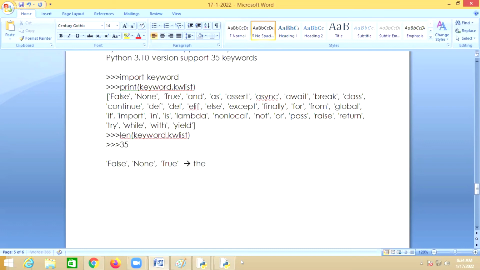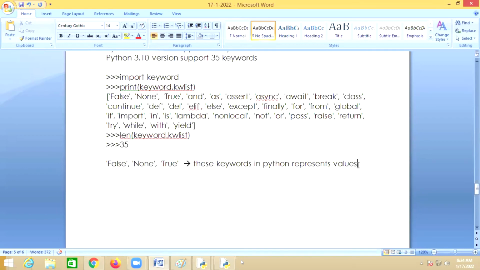These keywords in Python represent values. False represents a value, None represents a value, and True also represents a value. So these 3 keywords represent values.